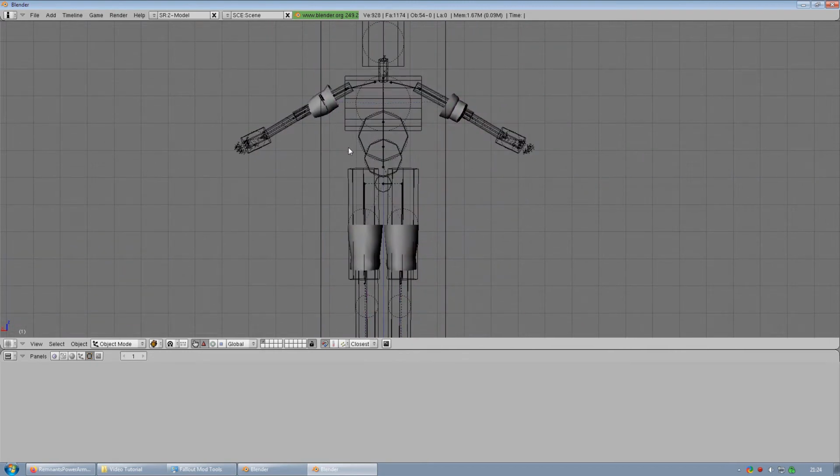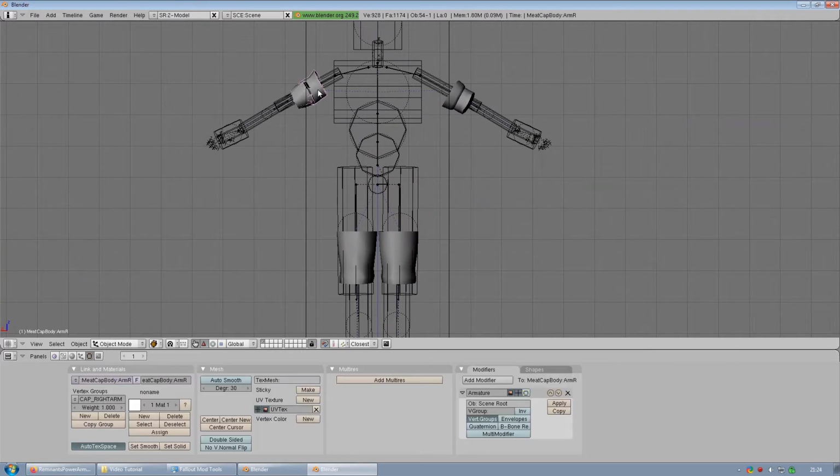So we want to select all of the body caps. So here we see meat cap body. Okay, so we want these two, and let's see, yeah, okay, so body, legs,